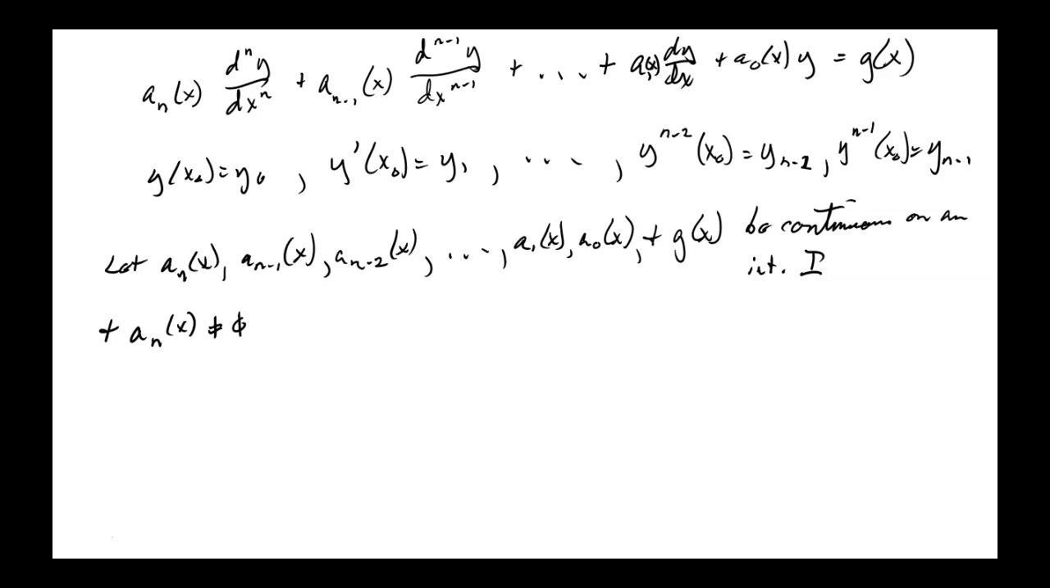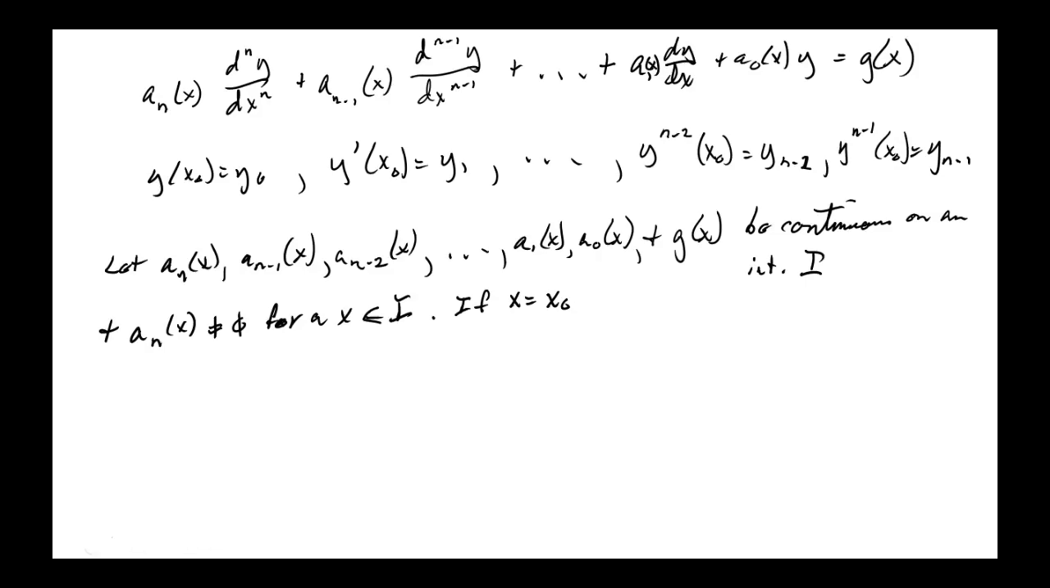Okay. There's nothing else about it. It's just it won't be an nth order differential equation then. Okay. And that has to be for every x in the interval. Okay, none of those a sub n for any of the x's in the interval can be 0. Okay. Now, if x is equal to x0, those are our initial conditions, is any point in the interval,